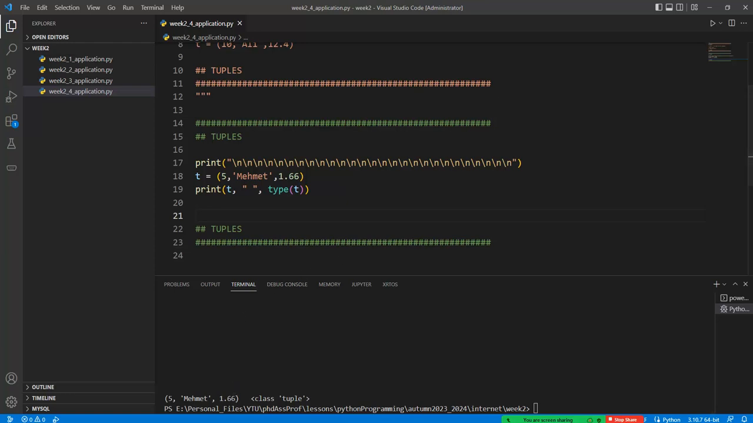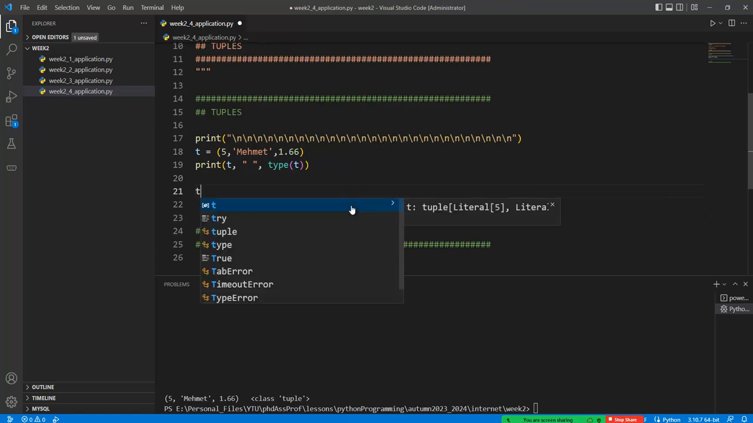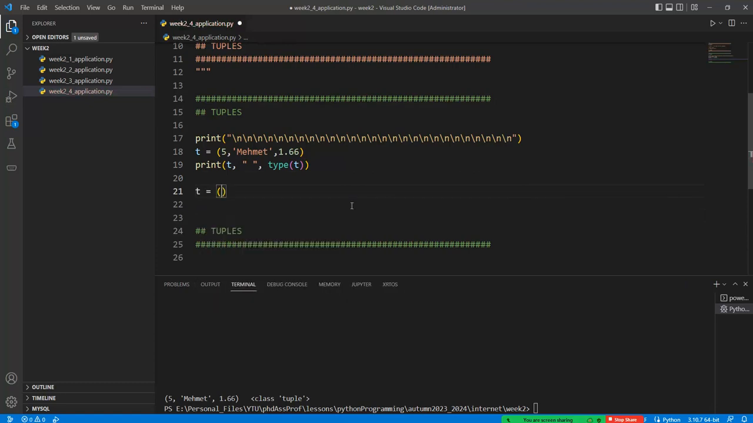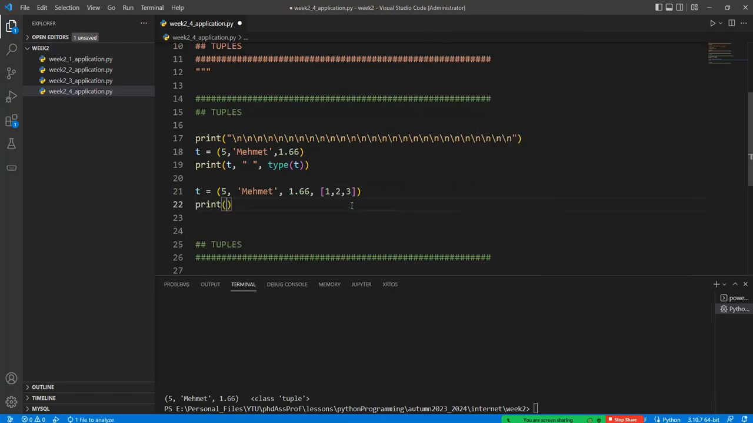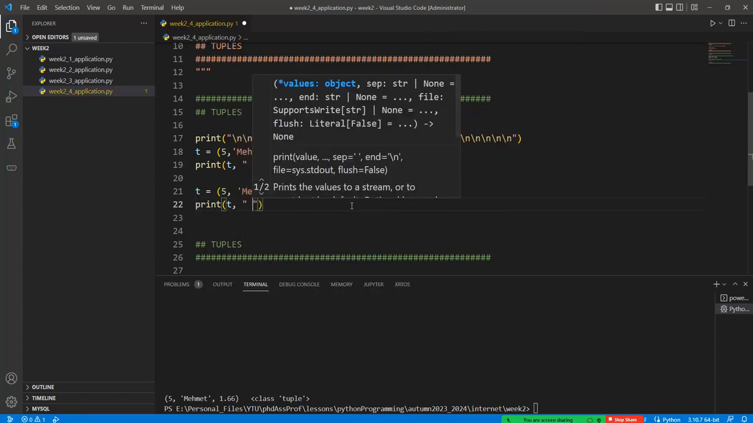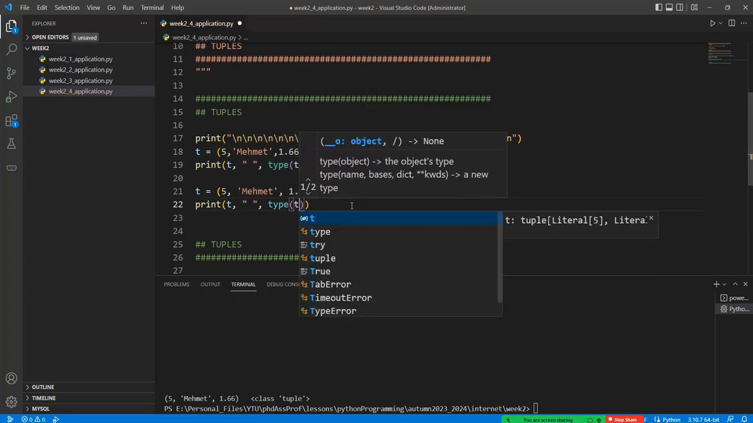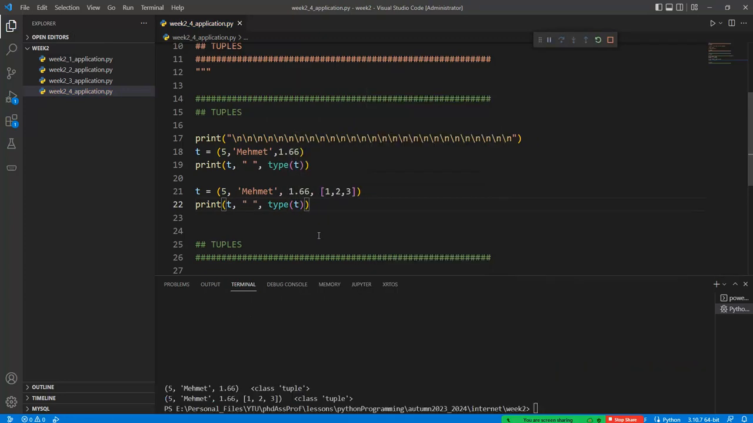Okay, or we can add some other variable or data structure, Mehmet and 1.66, and we can add some list here like this one, and print t with the type of t. If I run this code again, this must also be a tuple, but the tuple possesses the 1, 2, 3 list here. Okay,